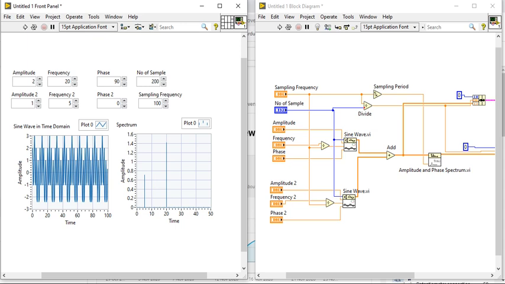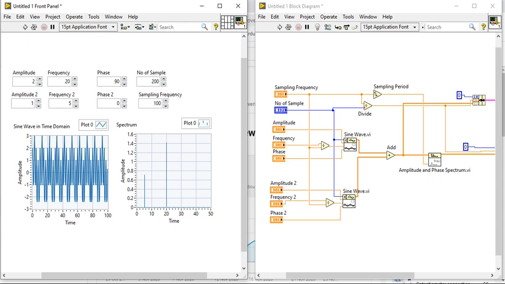The 20 hertz sine waveform has an amplitude of 2 volts and the 5 hertz sine waveform has an amplitude of 1 volt. The sampling frequency is 100 hertz and the number of samples is 200. That means it's generating 200 data points.